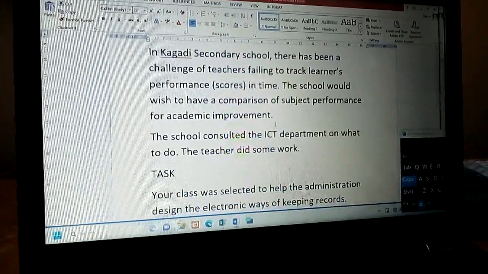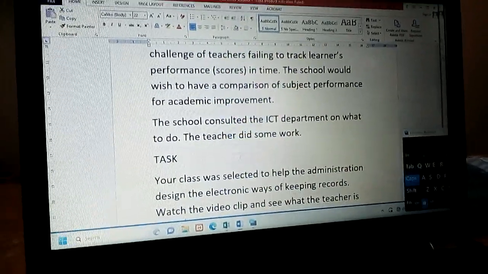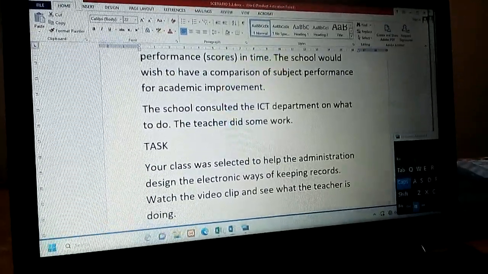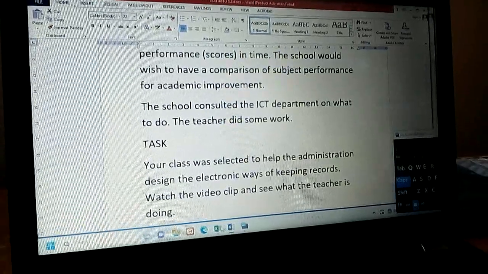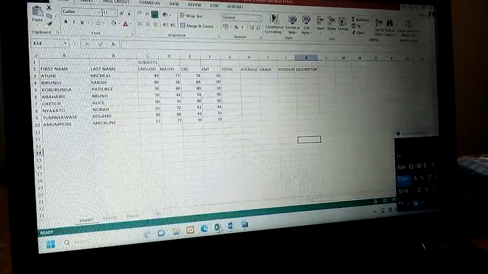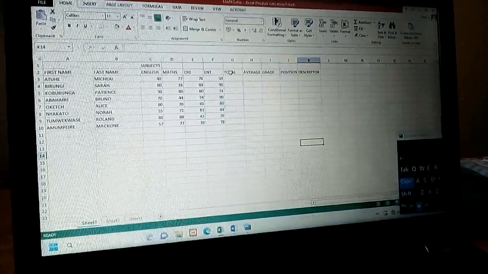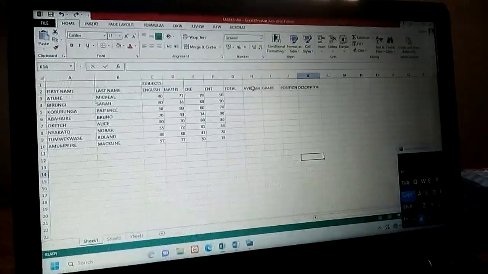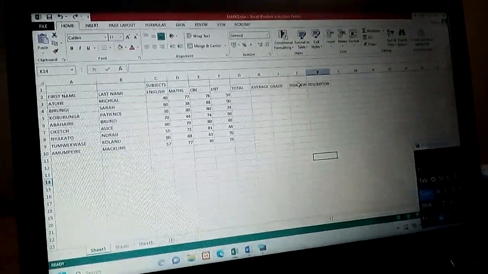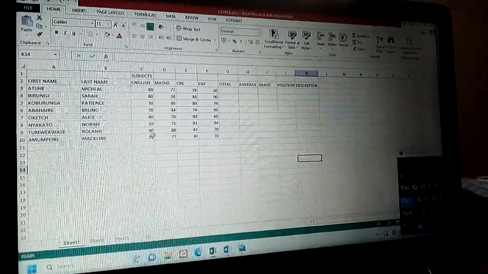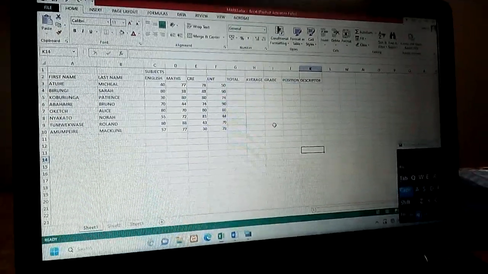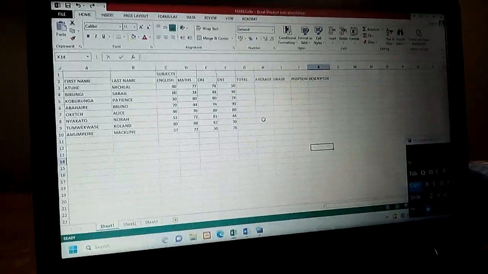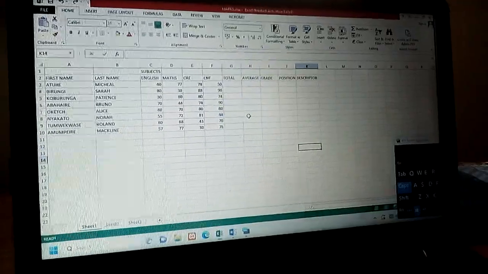understanding of data manipulation. So in electronic ways of keeping records, here we are interested in getting preferably the performance of learners, and here it is indicated by first getting the total values of the subjects attempted in a given class, then the averages, the grades, position, and descriptor. Then the student is supposed to also have some manipulative ways of making some adjustments to make the table and the information in the spreadsheet very neat.